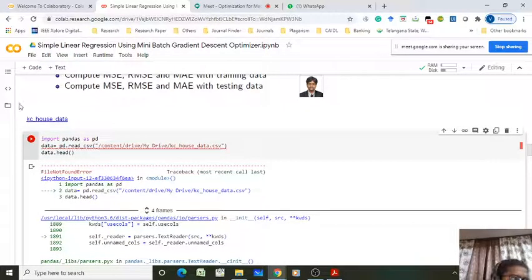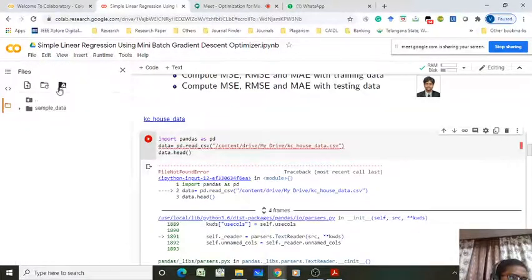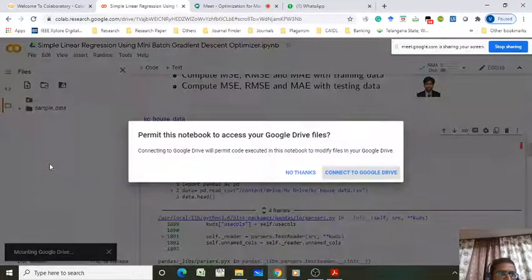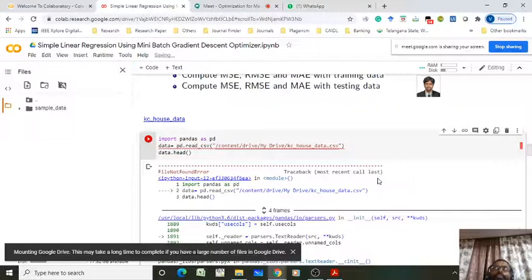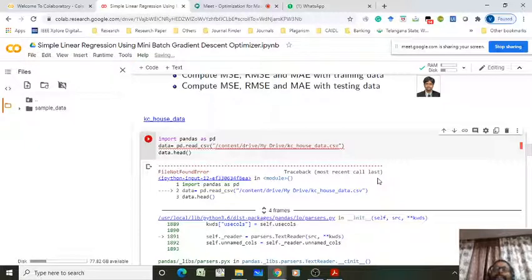What happened? Not mounted. Okay, it's not mounted. That's what's showing the error. So connect to Google Drive. Mounting your Google Colab onto the drive has a benefit: you can save your data files in your drive and extract them directly while running the code. No need to import your data files every time into your Google Colab environment. Now if you execute it, definitely it will run.